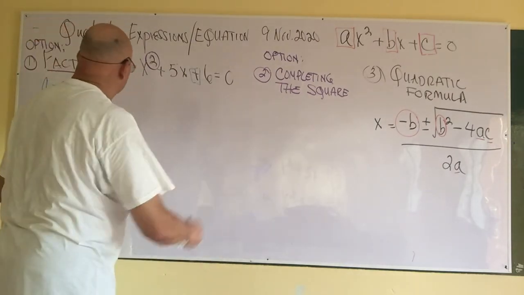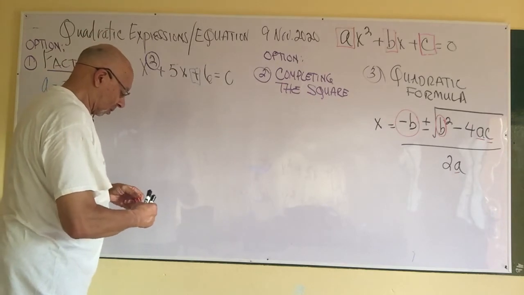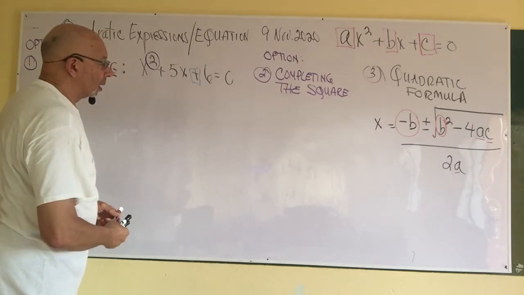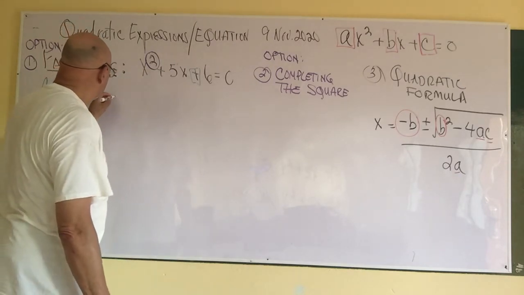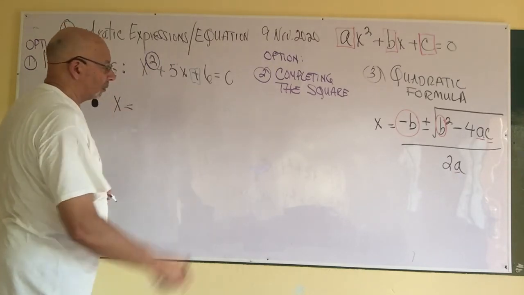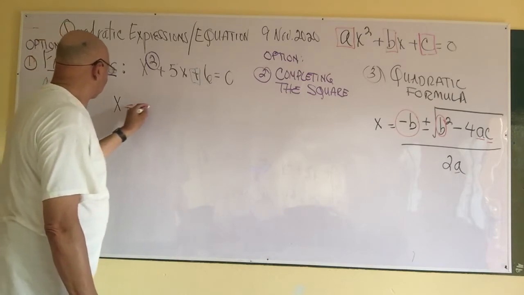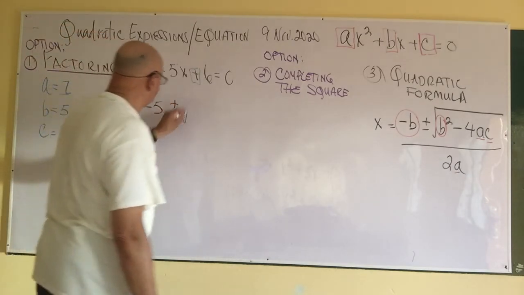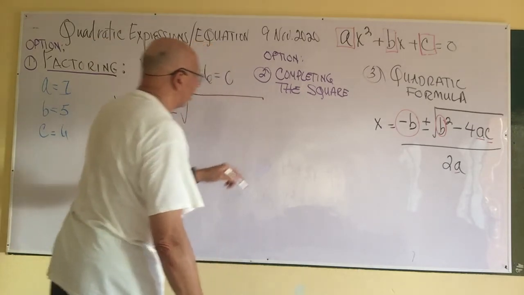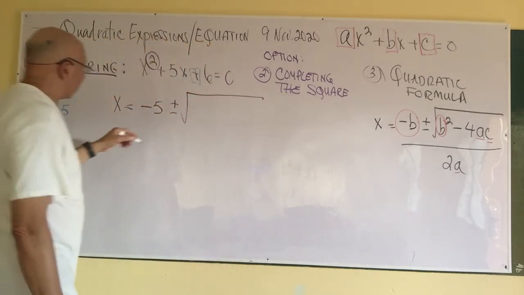So I'm going to write it back here so it'll give us room to work. So my first thing, x equals negative b. b is 5, so it'll be negative 5. Plus or minus the square root of b squared, b is 5, so that's 25,